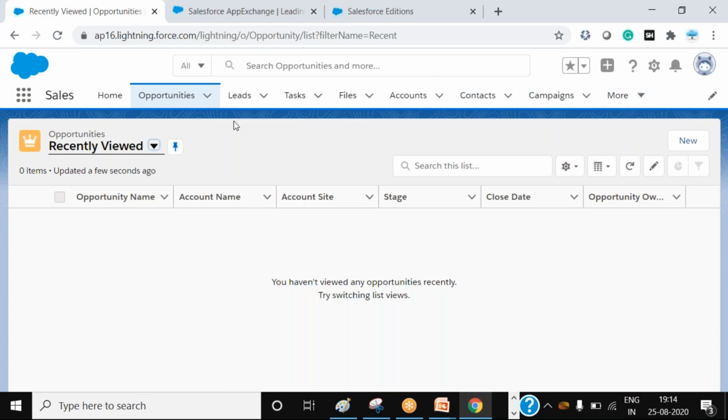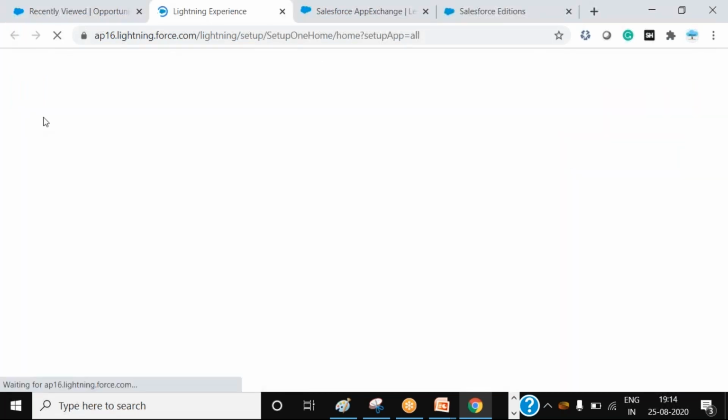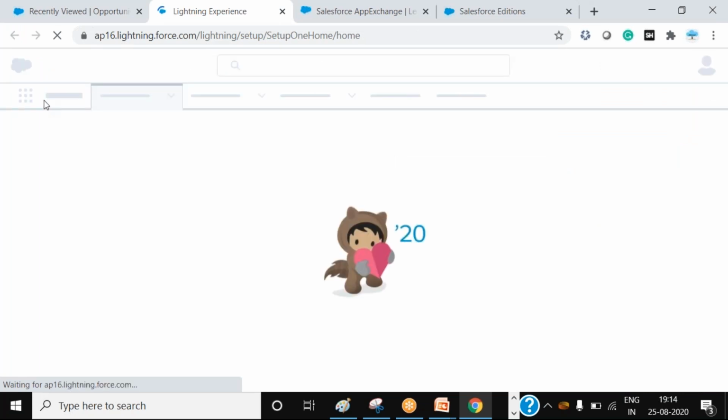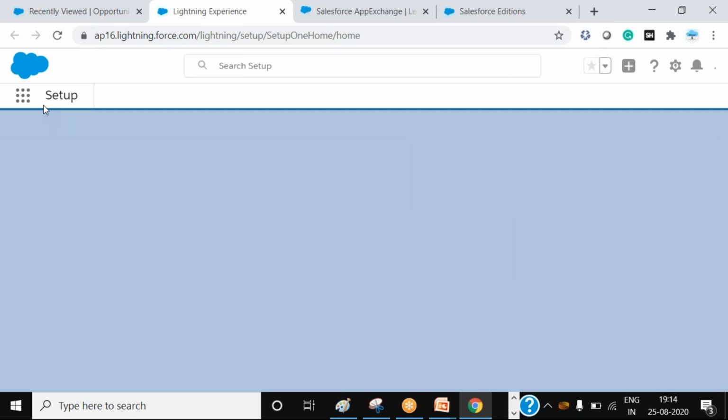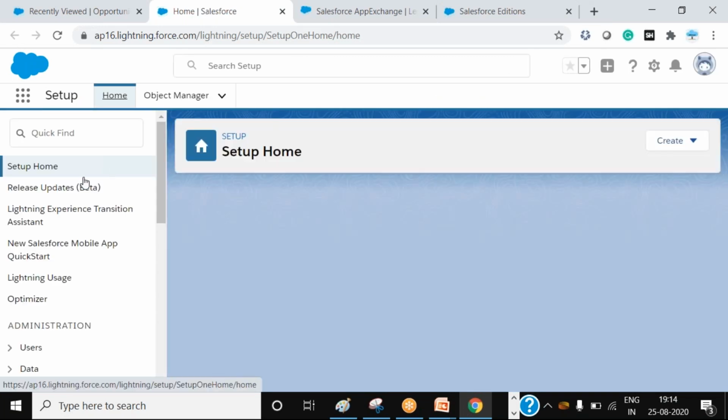Got me? And what about the setup menu? The setup menu is over here. You'll see a gear symbol, right? When you keep the mouse over it, you'll see an option like Setup. Click on this, and then you have to click here, because there are other options. So just click over here and click on here. Right. So you see here,